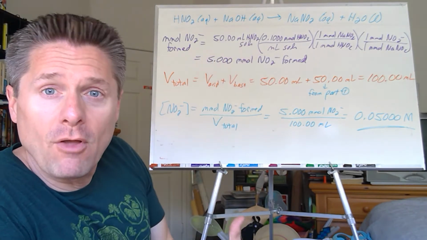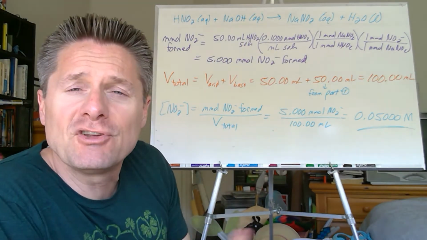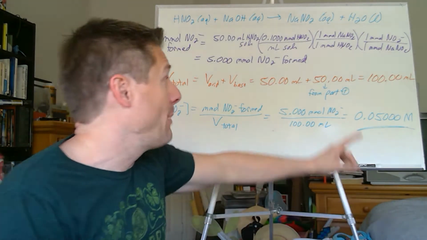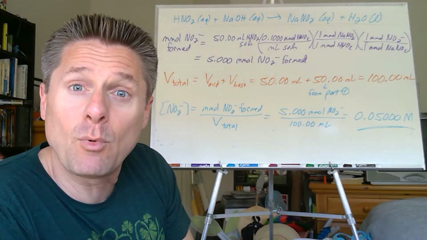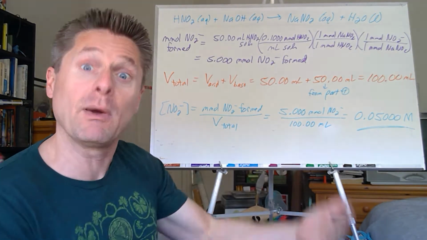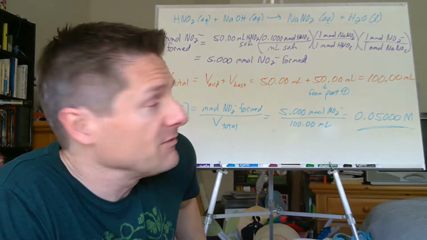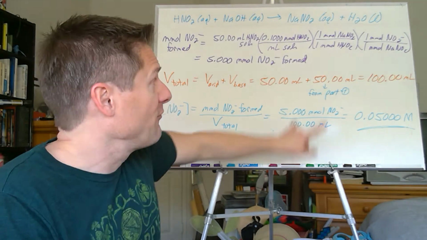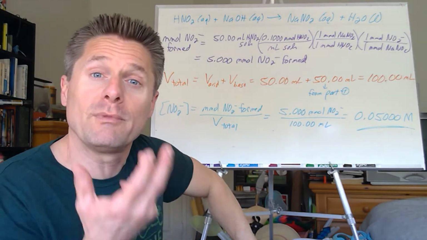Well, what's the total volume? Well, we had originally 50.00 milliliters of the HNO2, our weak acid. And if you go back to part 1, where we calculated the volume of base added to hit the equivalence point, we can use that now. We need that as a reference point for pre and post equivalence, but we need it to do this problem because that was 50.00 milliliters because they're the same concentration. So if I add those two together to 2 decimals, I get 100.00 milliliters total between the acid and the